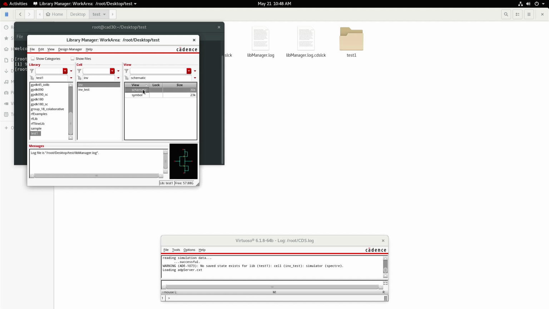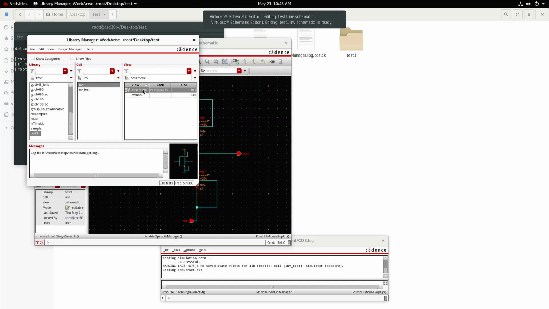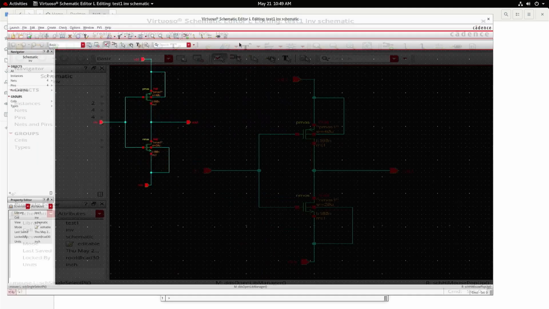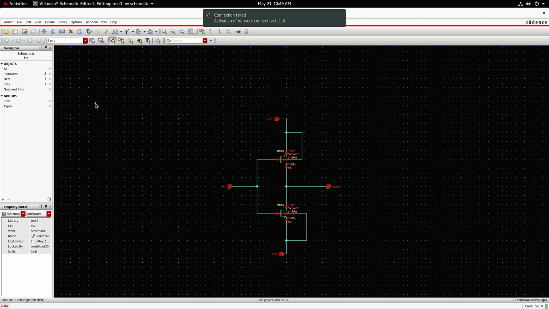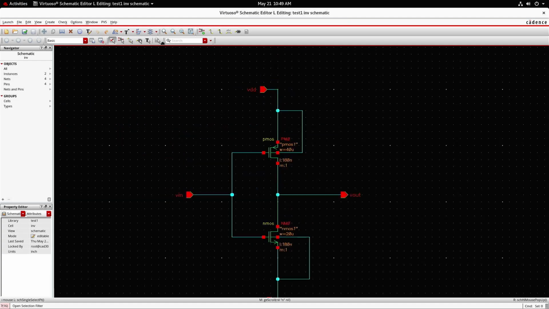Whenever the layout has to be drawn, it has to be from schematic. Therefore, I am opening the schematic of inverter. From here, I need to generate the layout. For generating this, the very first step is for the PMOS and NMOS. Till now, we have not connected the body, and also instead of taking a big PMOS transistor and NMOS transistor, this can be broken into smaller pieces by going for the fingering concept.